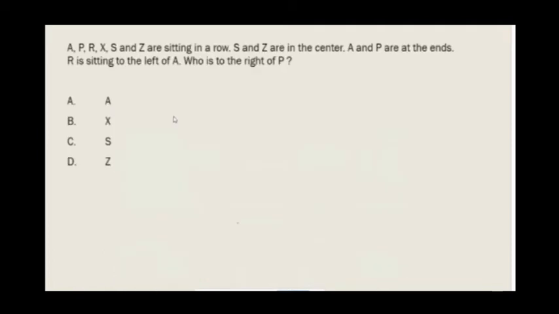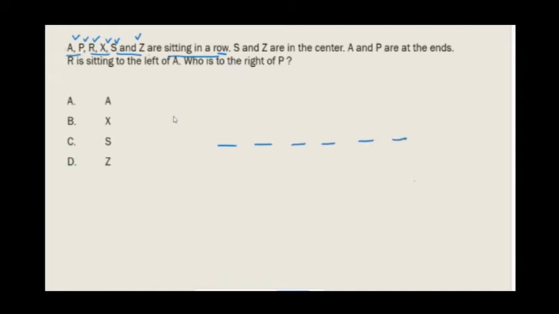Let me take up this first example. The first example, I will solve it. From the second onwards, I'll give you an opportunity to solve it on your own. Right? Now, A, P, R, X, S, Z. So, totally there are 1, 2, 3, 4, 5, 6. There are 6 people sitting in a row. When they say it is a row, a bench, or any linear arrangement, this is nothing but your linear arrangement. So we can write it as 6 seats.